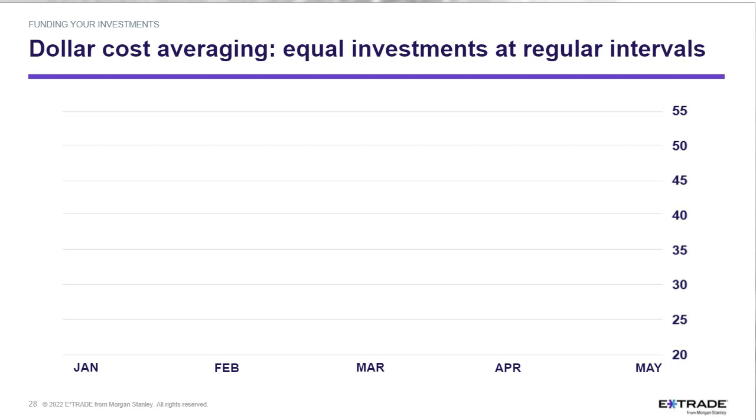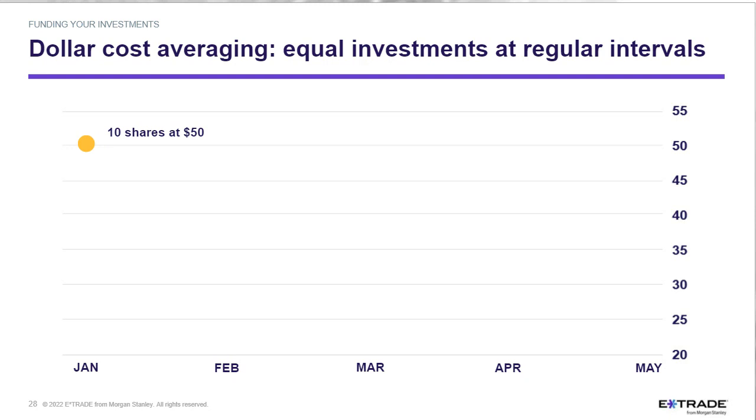Imagine an investor who decides, I want to get $2,500 invested, and I'm going to do it by investing $500 a month for the next 5 months. The stock we're looking at is a $50 stock, so his first purchase is to buy 10 shares. We're going to call this mutual funds. There's no name here, but that allows me to use fractional shares. So we buy 10 shares at $50, and we have $500 invested.